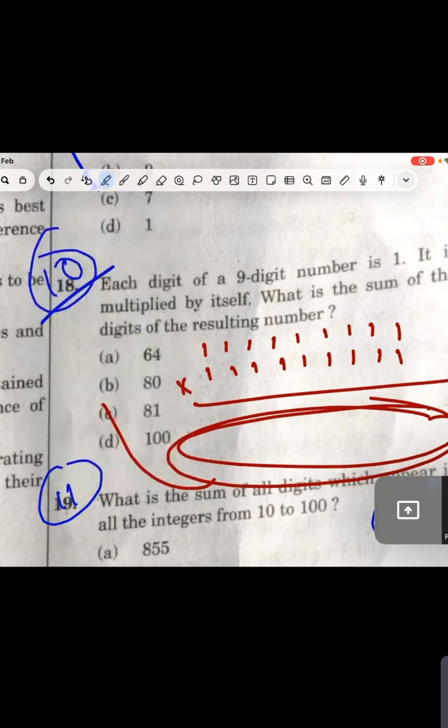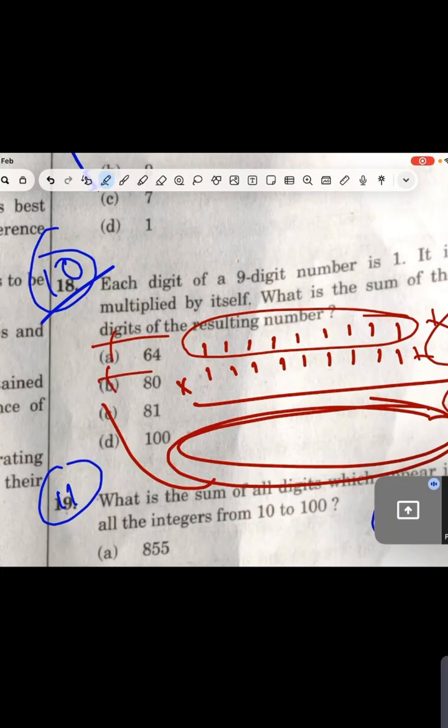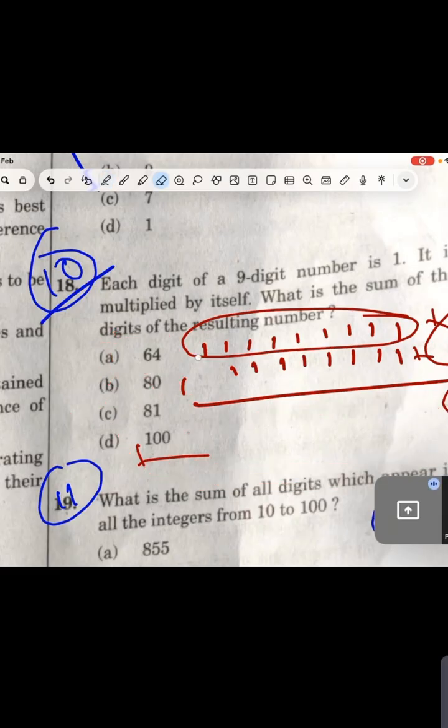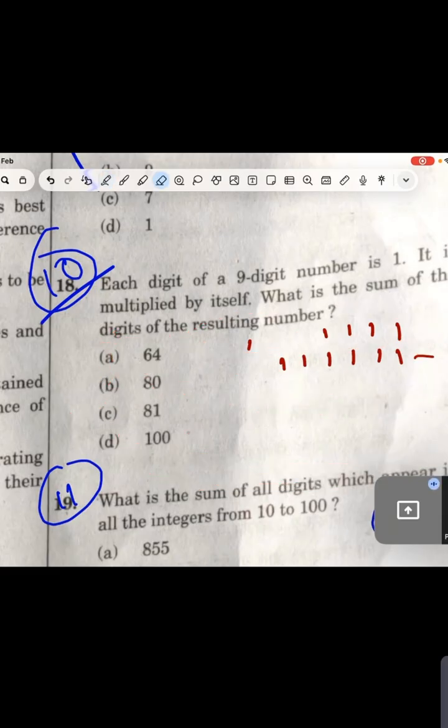So guys, if you add all these, 9 will come 9 times, so here 9 and here 9 also will come. 9 multiplied by 9 means 81. So whatever the answer is, it will be a multiple of 9. So this is not divisible by 9, this is also not, this is divisible. See guys, the examiner is directly giving a hint here. Why people are not able to identify it, I don't know. Anyway,